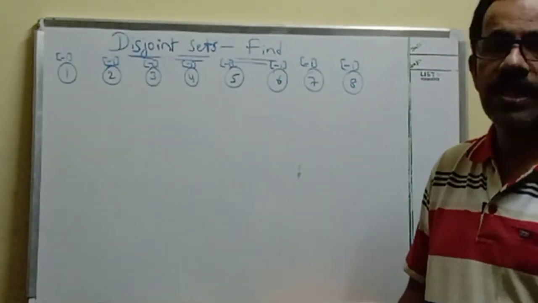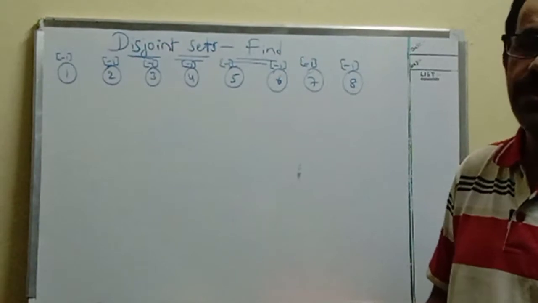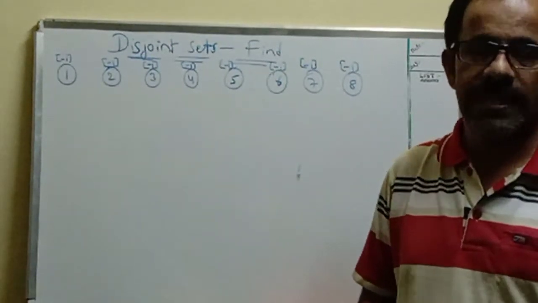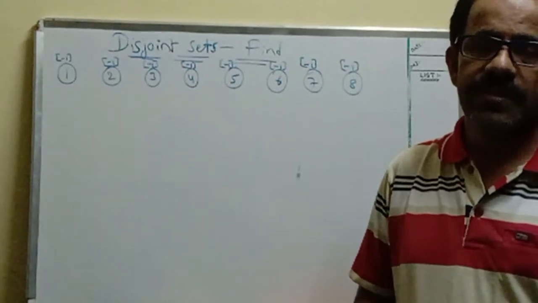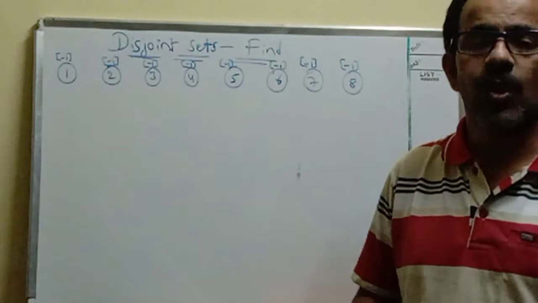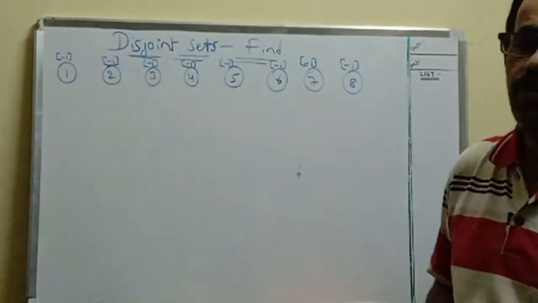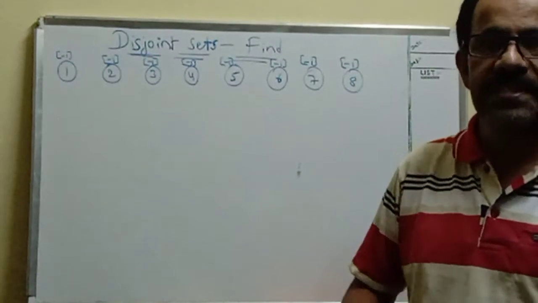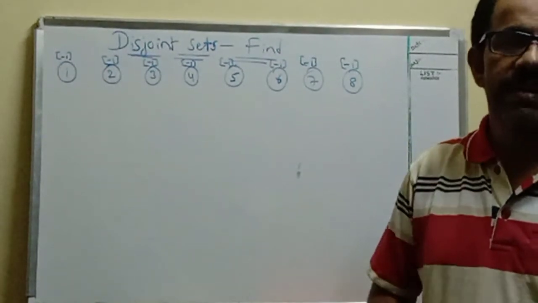In the previous video, I explained disjoint set unions. There, I explained how union can be performed among the sets. Initially, I constructed set-related trees, and among those trees, I constructed a union. Once again, I will give a brief introduction about union. After that, what is the necessity of applying find and updated find for those trees?